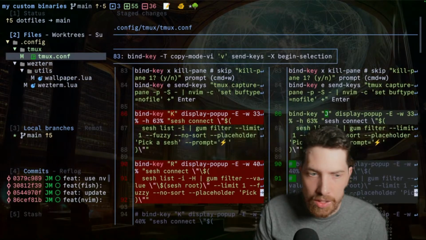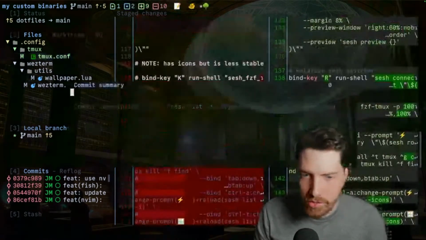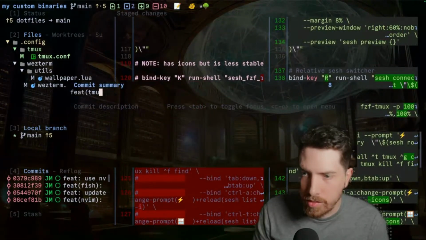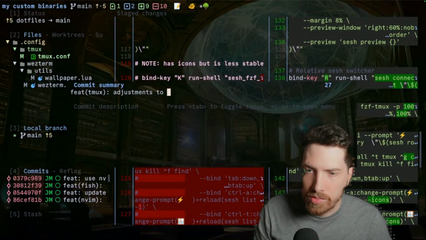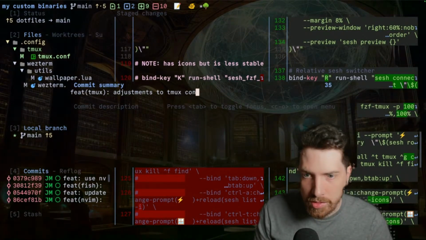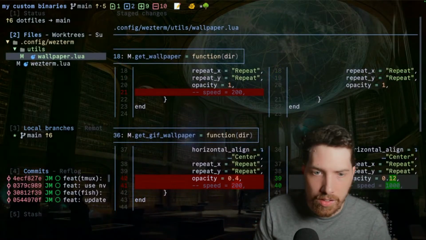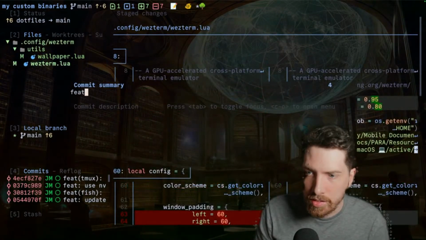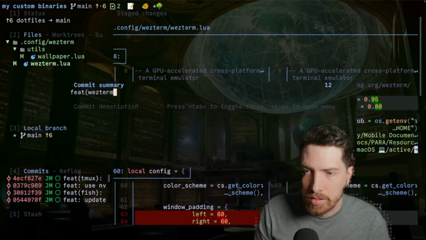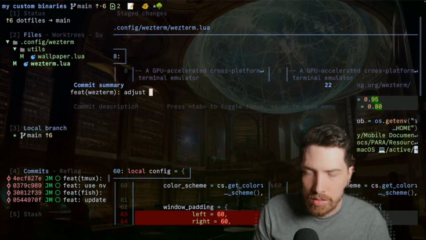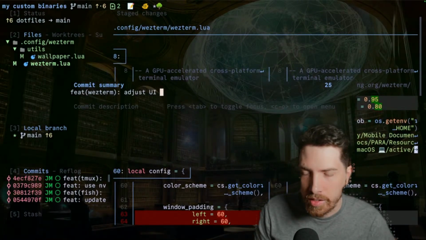Use neovim picker, and then we're going to do some adjustments to Emacs UI